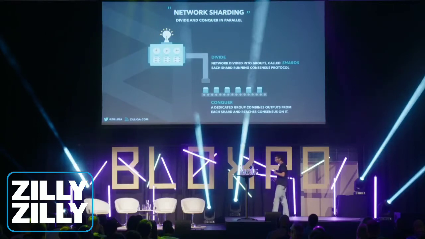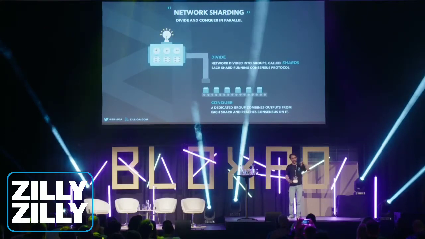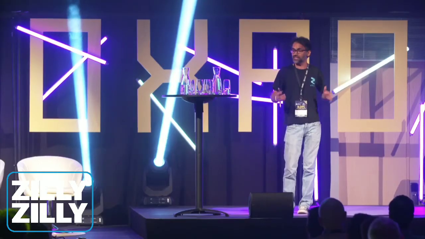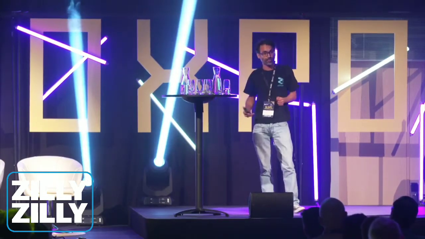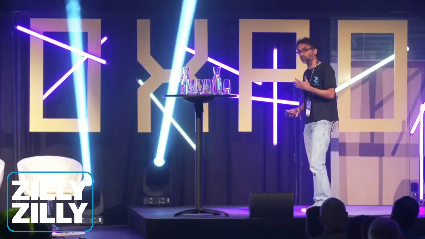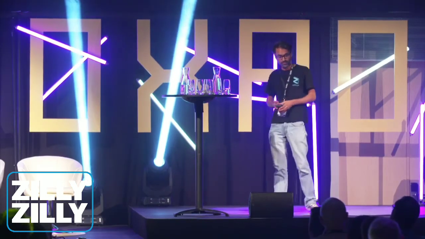So what you could do instead is take your large network of, let's say, 10,000 nodes, and divide them into smaller groups, let's say 1,000 nodes each, and then you have 10 groups. You could have one group processing completely different transactions compared to the second group, so you can process non-conflicting transactions in parallel. If you have more smaller groups, you could have more throughput, and it essentially gives you linear scalability. So the more your network expands, the more throughput you will get.